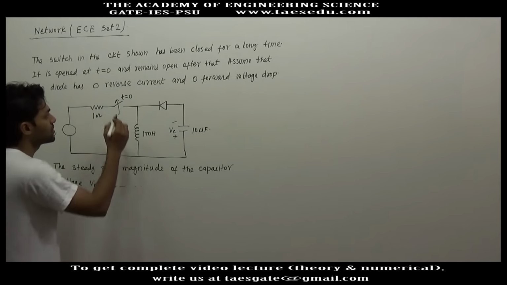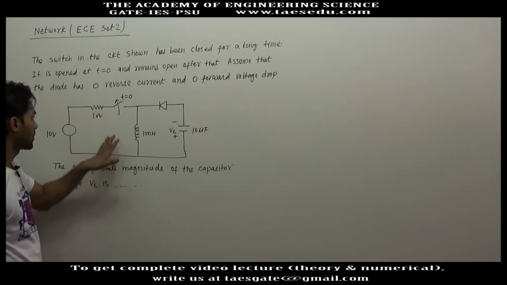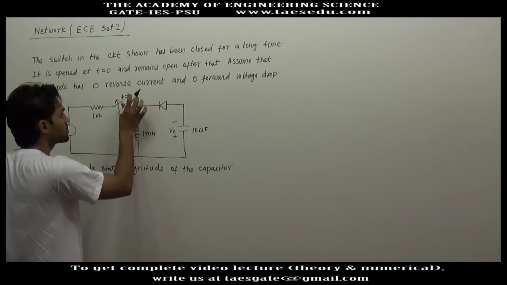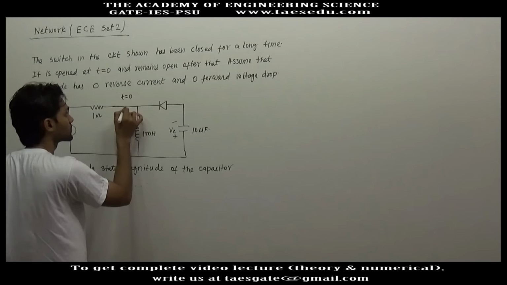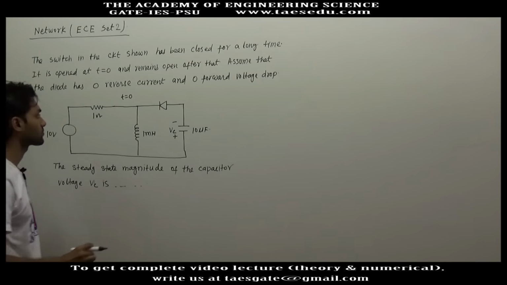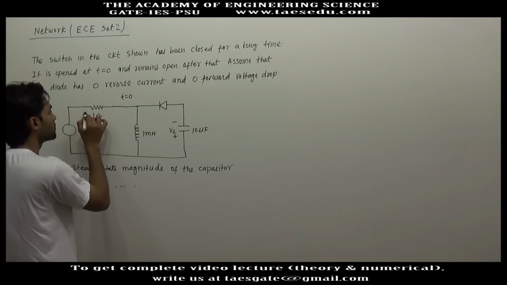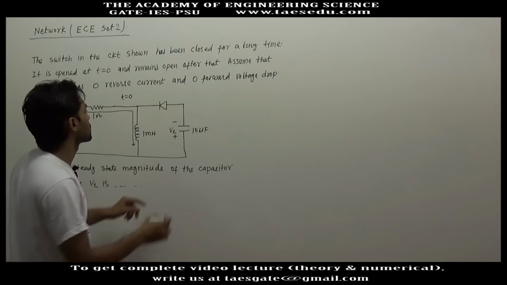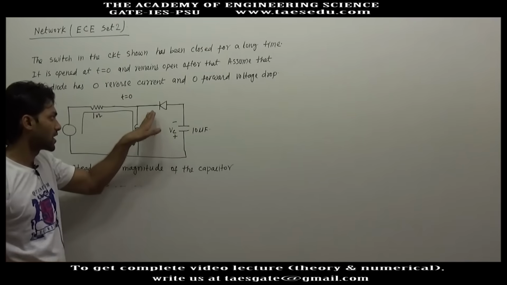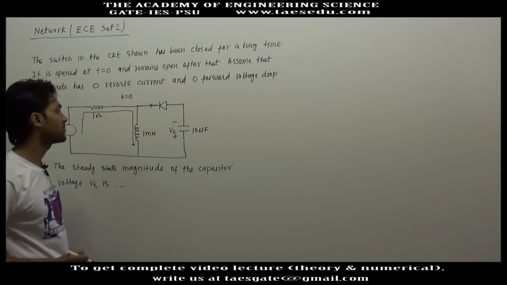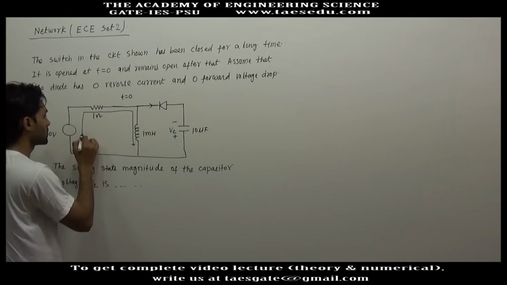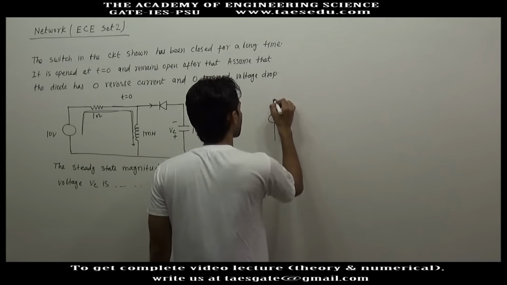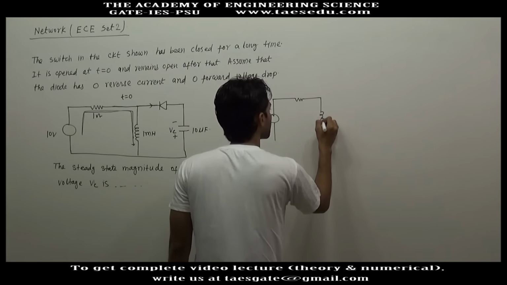In this circuit, initially this switch was closed and the circuit was in a steady state. So when this switch was closed, in a steady state what will happen? The current will flow through this path because the reverse current of the diode is 0. So even a small amount of current cannot flow in this direction. So in a steady state, when the switch was closed, current will flow in this path. The circuit will look like this: